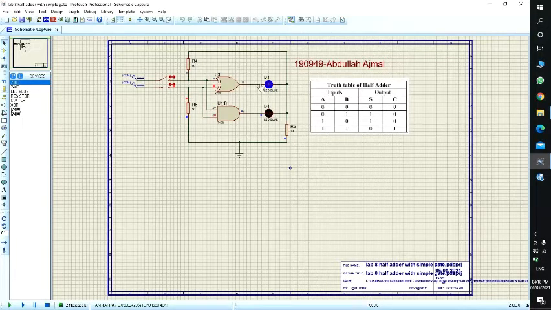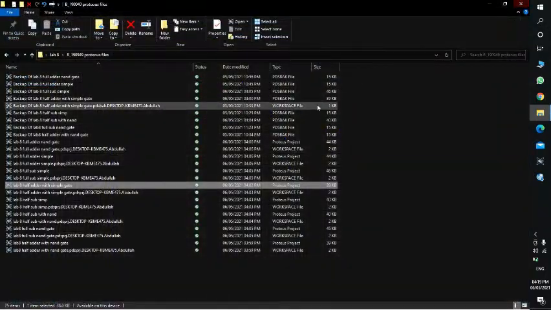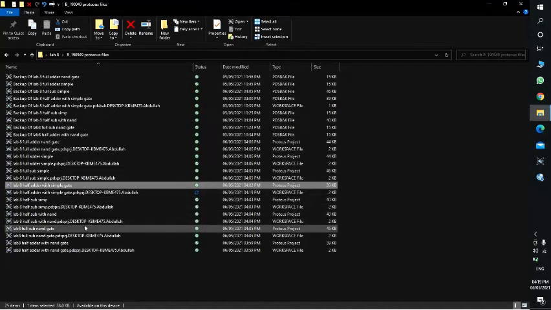Our first LED is working. That makes it 1 0, and this LED is working. And now let's stop this and run this again for double 1. So for both ones, our second LED is working according to this truth table. So as you can see, our truth table for half adder with simple gates has been proven. Now let us move toward half adder using NAND gate.